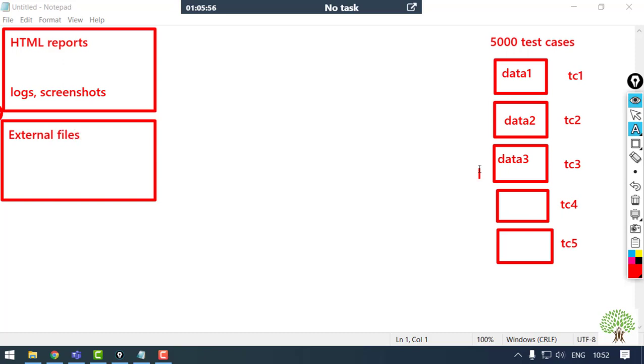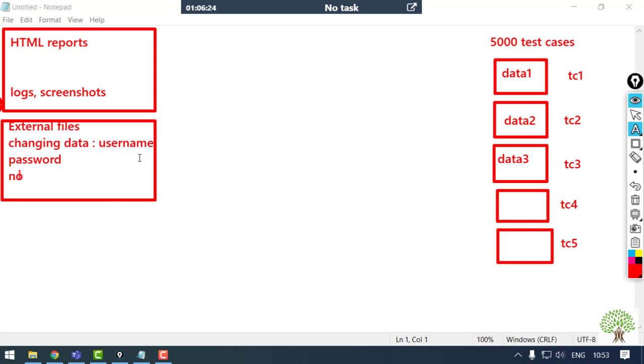Now when I talk about data, the data is also of two different types. One is the changing data. Now the changing data could be like some usernames and passwords. It is data which is not going to be changed frequently, but yeah, it's going to be in your Excel file, right? So that is what you need to handle.